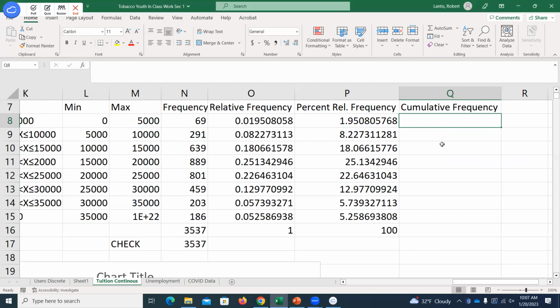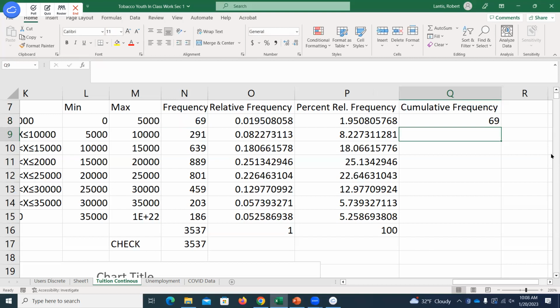So for that very first one, I actually want the frequency in that first bin, plus every bin below it. But for the first bin, there's no bins below it. So the cumulative frequency for the very first bin, 0 to 5,000, is just whatever it is. Let's see, 69, right? Whatever the first bin's frequency is, that's also going to be its cumulative frequency. For the first bin, that really shouldn't be too bad.